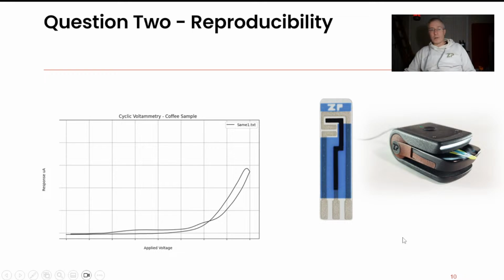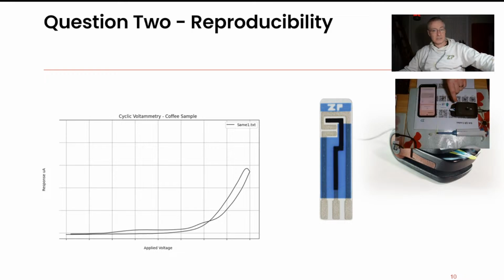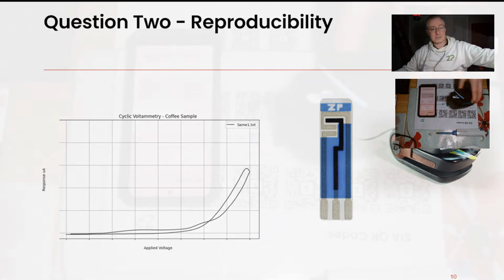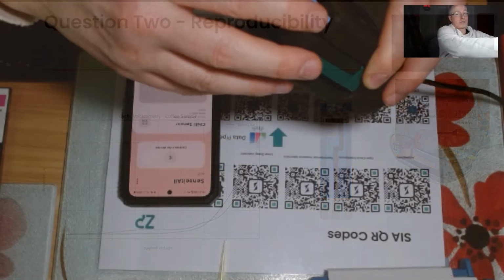The only problem with sometimes other people's electronics is ZP is not responsible for the reproducibility of connection, let's say. I would feel quite responsible for the interaction between a ZP screen printed electrode and a ZP potentiostat. In fact, we put quite a lot of effort into really making sure that we do actually have a good connection. If I could just